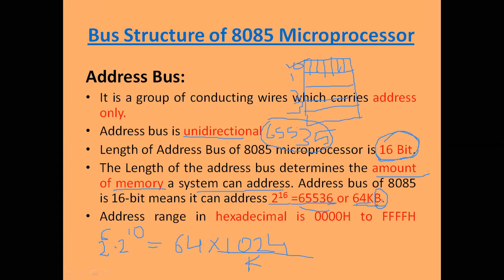अभी हमारा नेक्स्ट जो टॉपिक है डेटा बस, it is of 8 bit. 8 bit means 1 byte. डेटा बस कितनी है? 8 bit है. तो we can transfer 8 bit data. ALU size 8 bit है, word size 8 bit है, तो हर एक memory location भी कितने bit की होनी चाहिए? 8 bit. See, if you are giving data, that data is in 8 bit form, so it will transfer